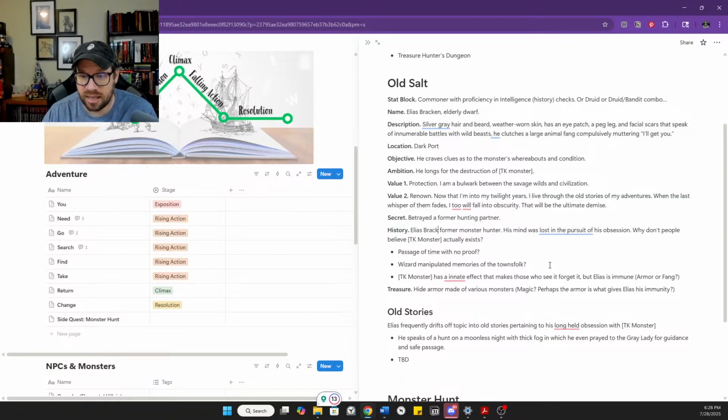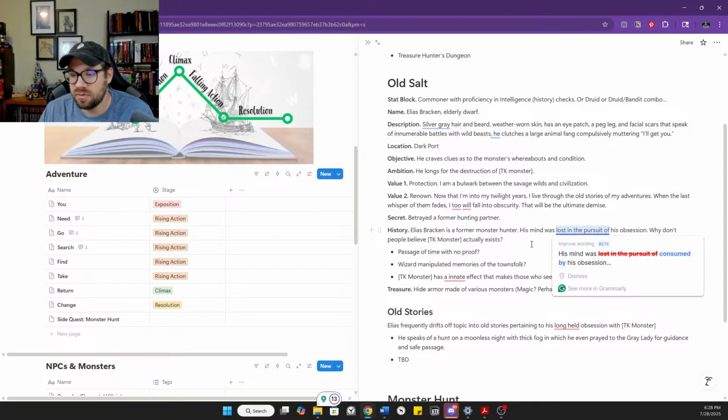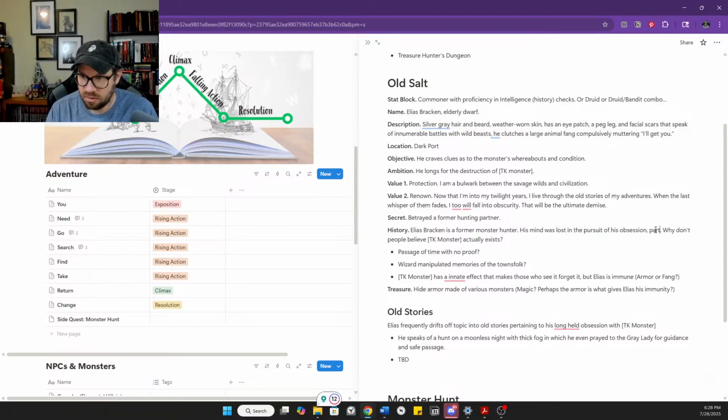Elias Bracken is a former monster hunter. His mind was lost in the pursuit of his obsession, partially because no one else believes the beast exists.